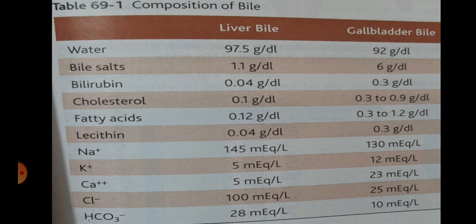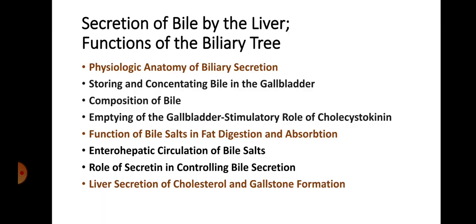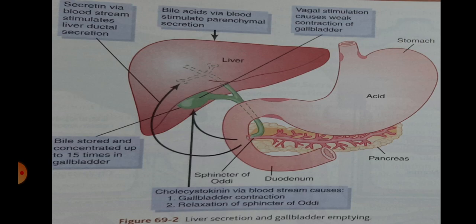An important role is played by the bile salts. Now let's talk about the emptying of the gallbladder. The stimulatory role of cholecystokinin: when the food begins to be digested in the upper gastrointestinal tract, the gallbladder begins to empty, especially when the fatty food reaches